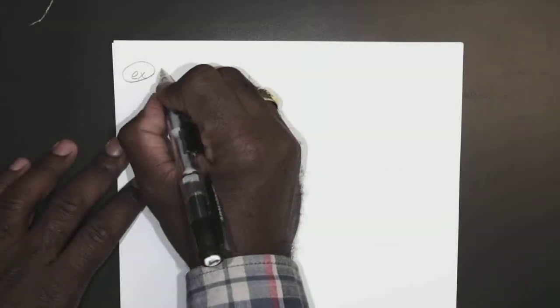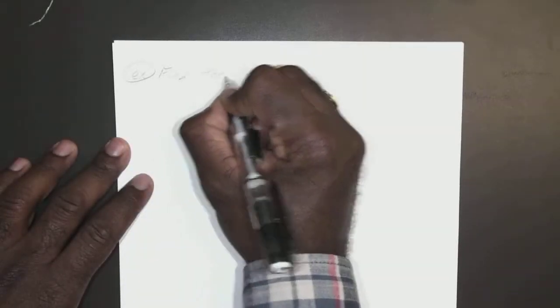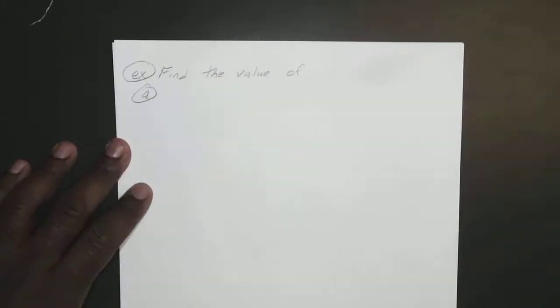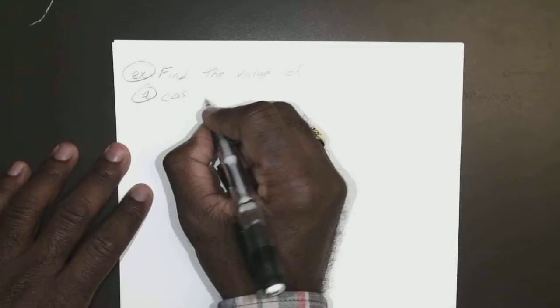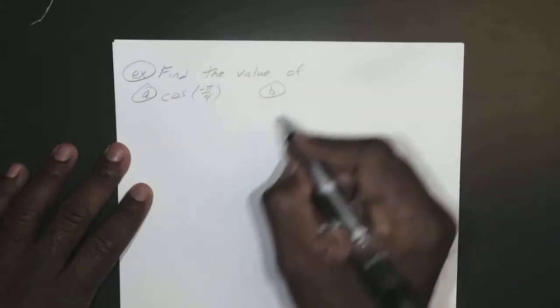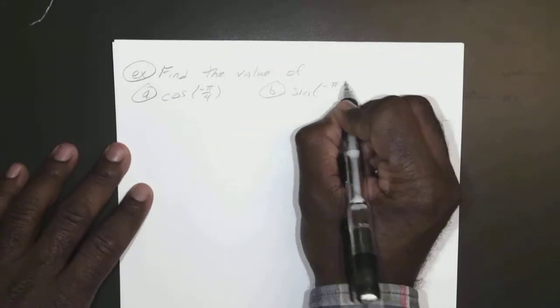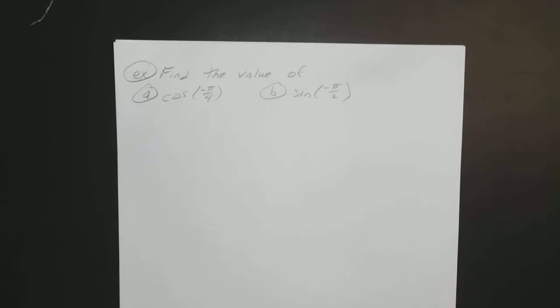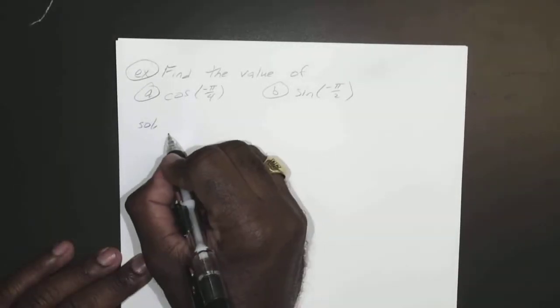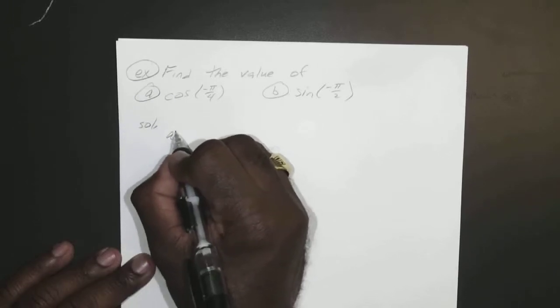Okay. So let's say, for example, if we wanted to find the value of, let's say for question A, cosine of negative pi over 4, and for question B, sine of negative pi over 2. Now you don't have to graph it or draw any charts or anything like that. For these, we know that, let's say for A,